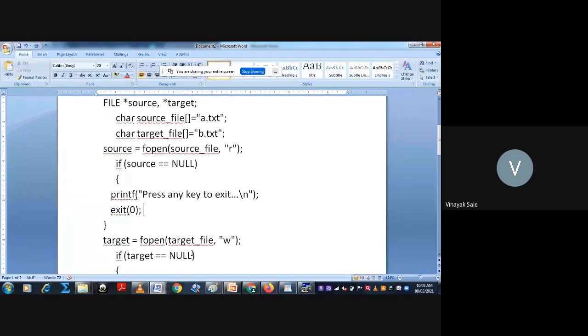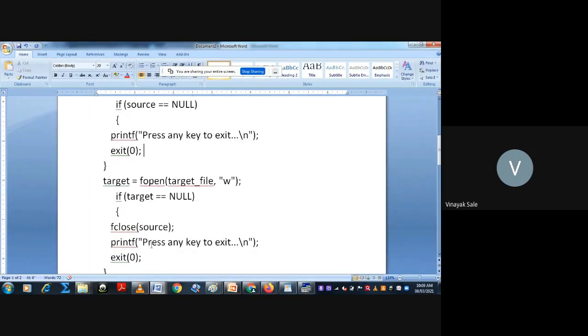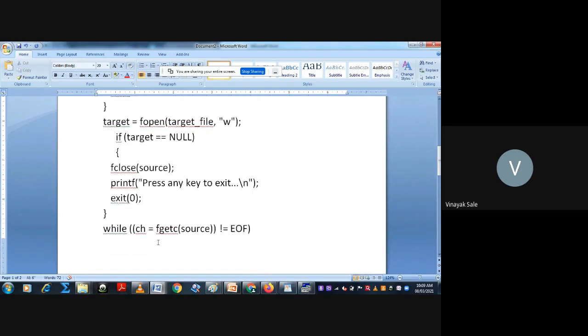If it is equal to NULL, then fclose the source file and press any key to exit. If nothing is written, then exit.